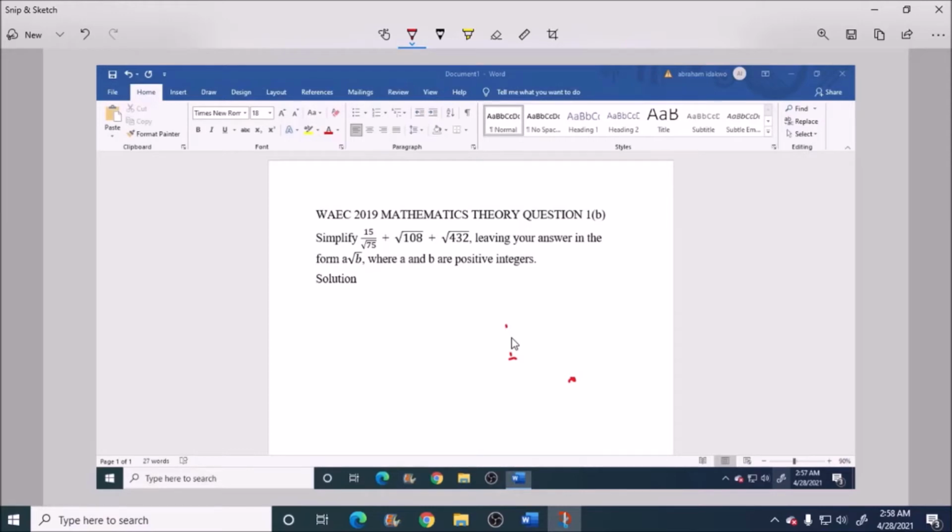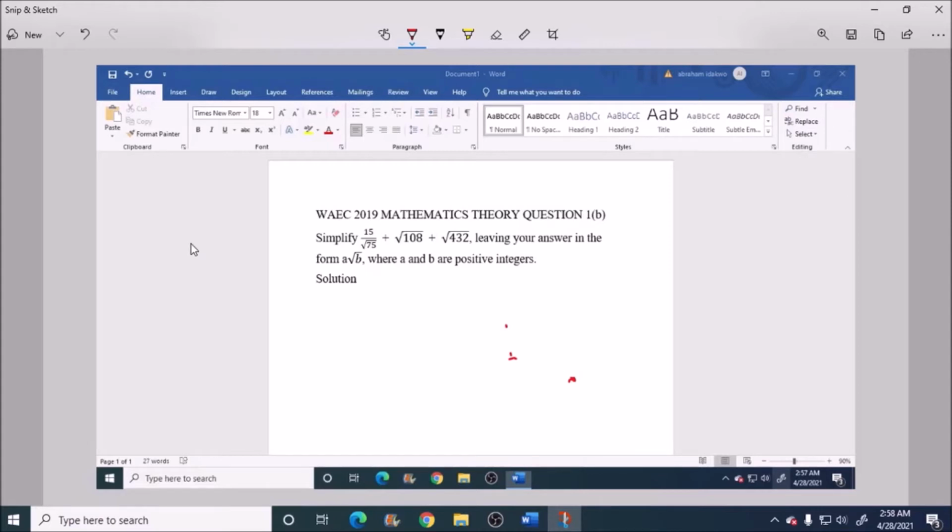It says simplify 15 root 75 plus root 108 plus the root of 432, leaving your answer in the form a root b, where a and b are positive integers. So let's begin